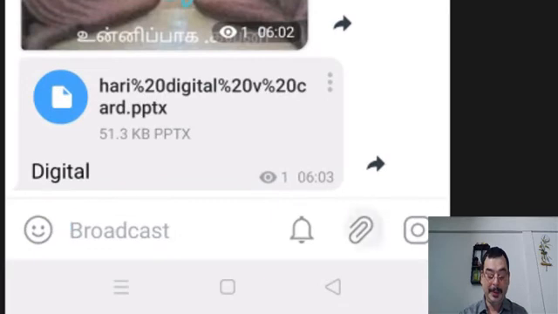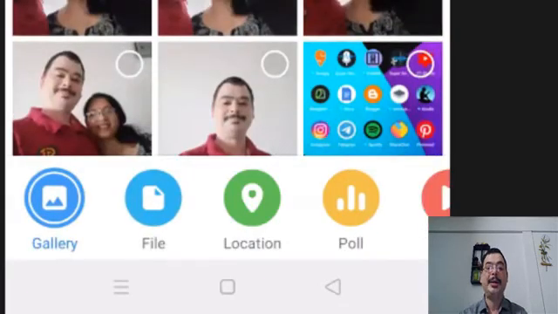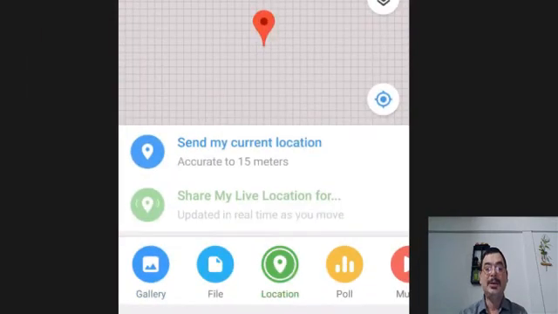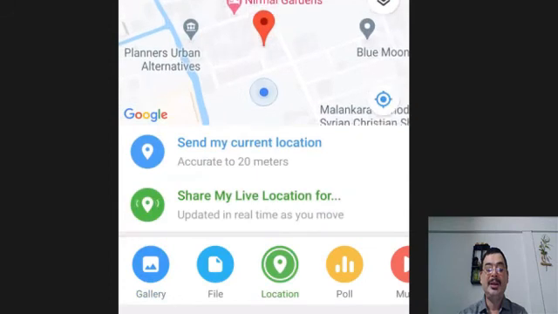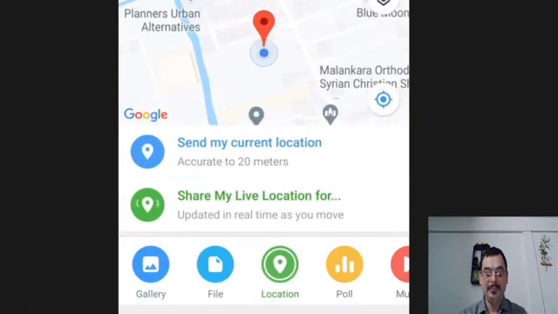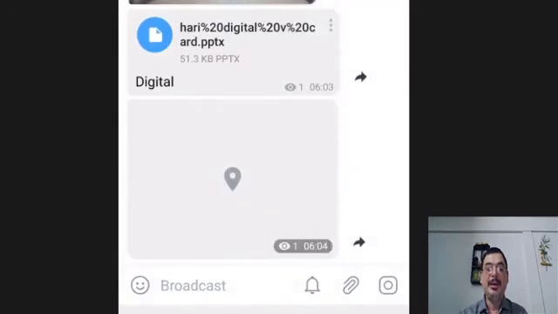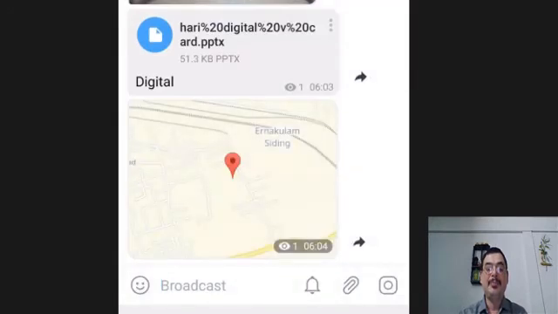And the next option is location. In the location, you have got two options here. One is you can say send my current location. When I say send my current location, the map goes to the person to whom I want to send.